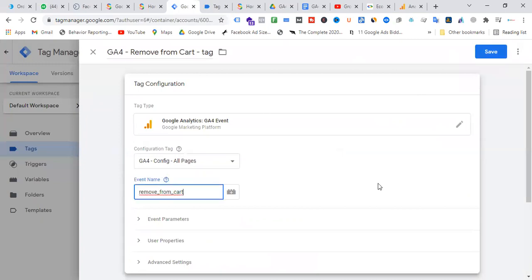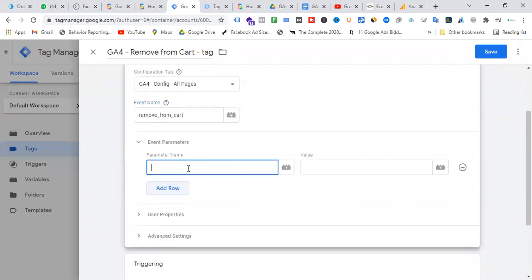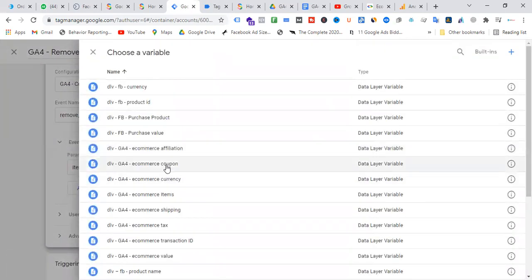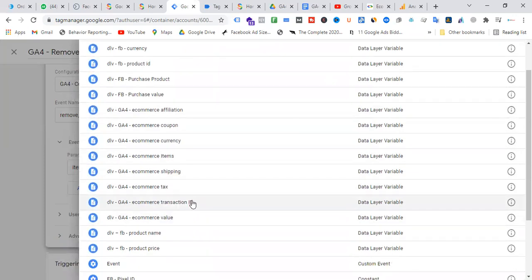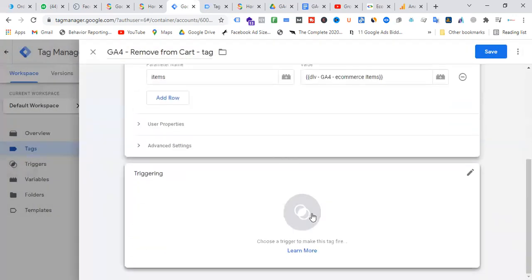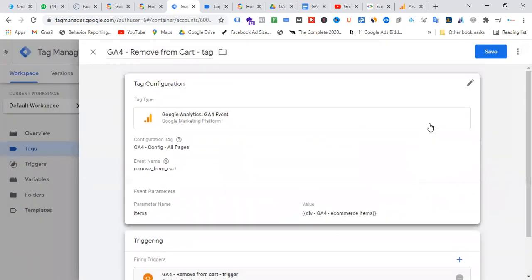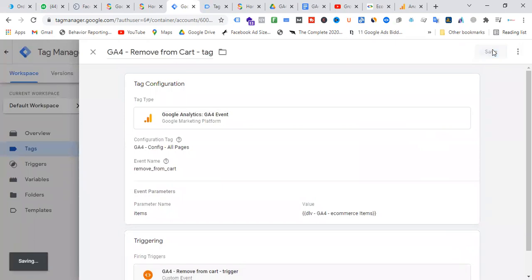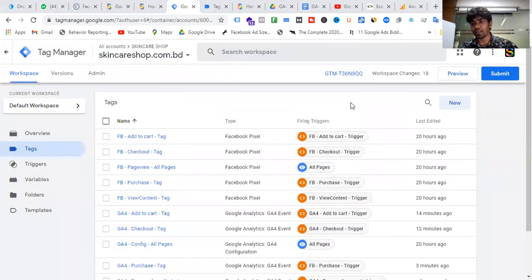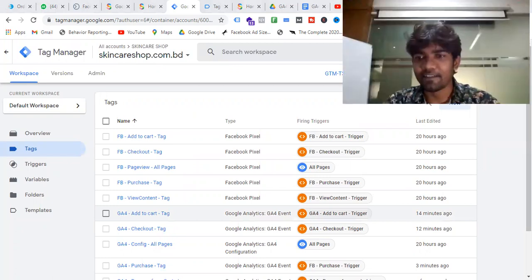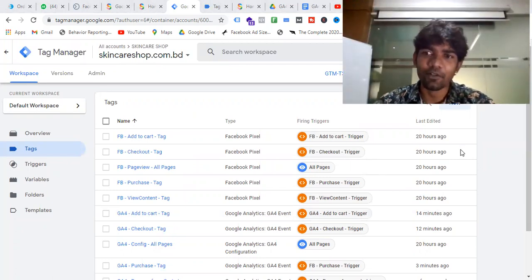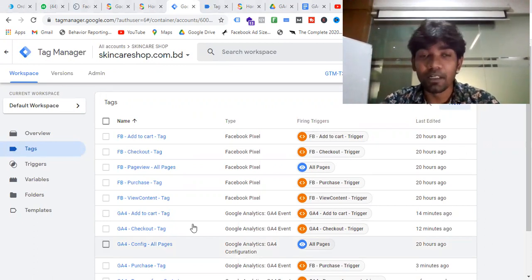We have to use it like that. And items, which item is actually removed? DLV e-commerce item, right? And go to the trigger section. Remove from cart trigger. So that's it. This is how we can track e-commerce using the GA4 schema. Okay, so this is a very advanced job.